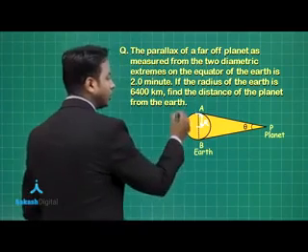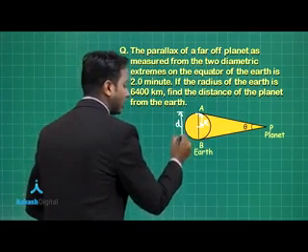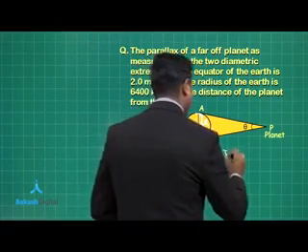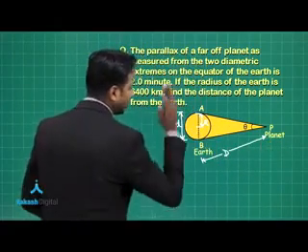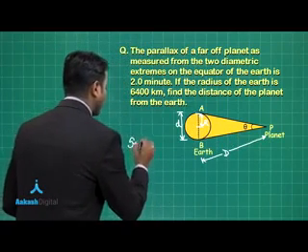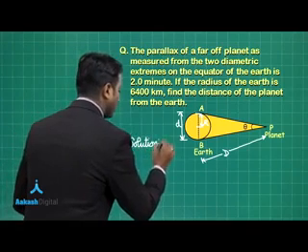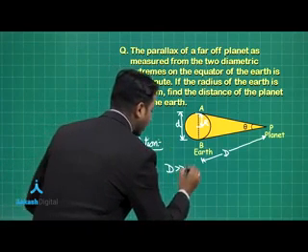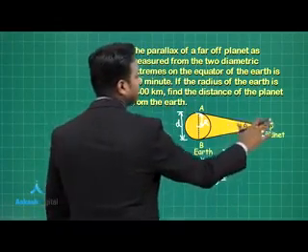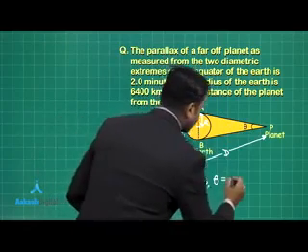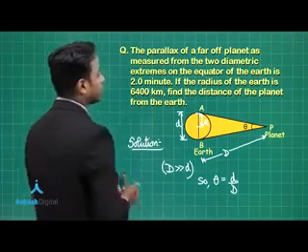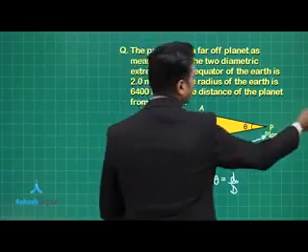So obviously you need to categorize this distance small d, that is the diameter of the Earth, and this distance is the distance of the planet from the observation point on the Earth, that is capital D. Now we need to assume, let's try to solve this question. So we are assuming that capital D is very much greater than the small d. So theta, that is the parallax angle made by the center of the planet on the two observatories, is equal to small d by capital D. And here this theta value is given as 2 minutes and small d value we can calculate.